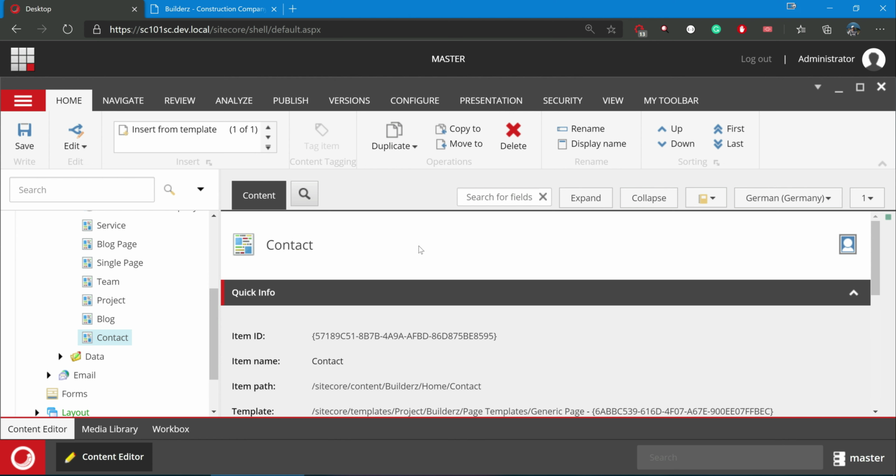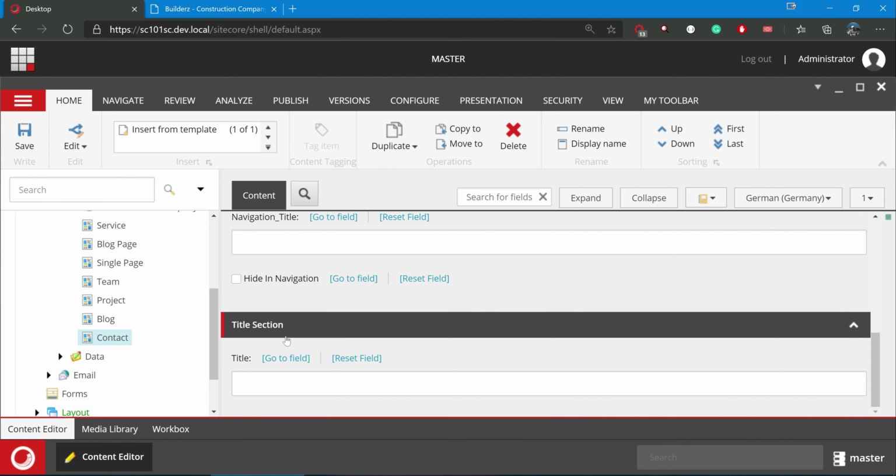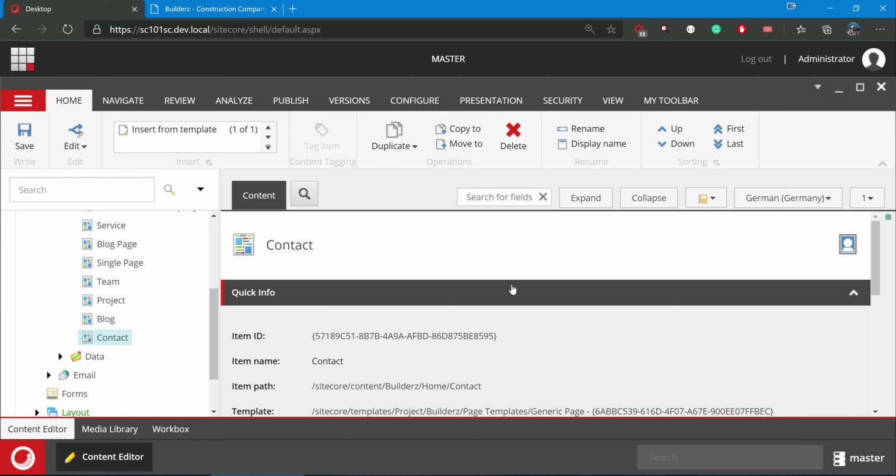Add new version. Now you can go to the navigation title or title section. Observe that there is nothing here, because remember these are all version fields. The fields are unique across the languages and across the versions. If you are adding a new version, it will just copy over and you're free to modify it. That's kind of a value copy. In the C# language, that concept of copy by value and copy by reference is there, right?